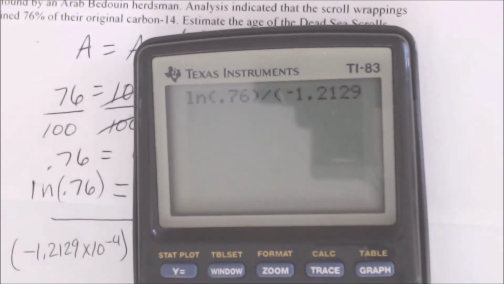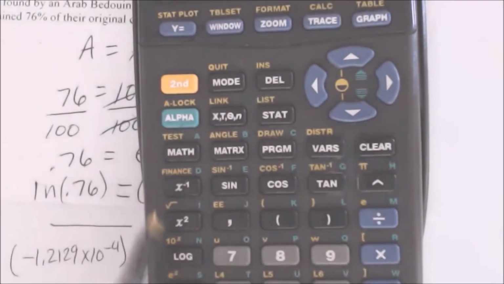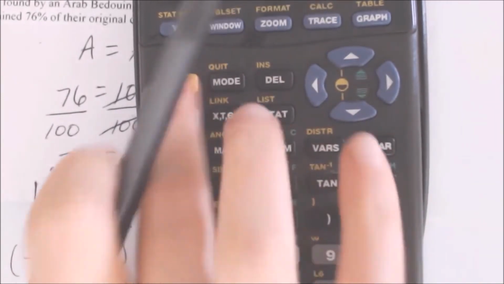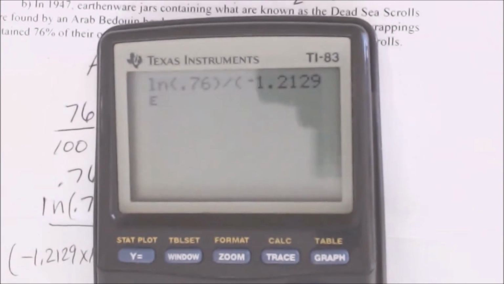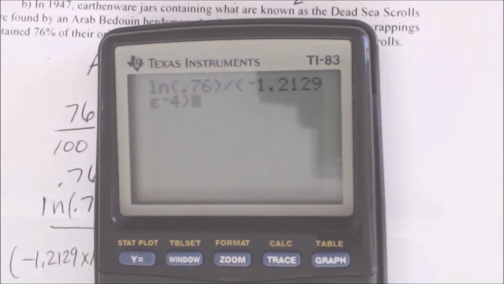And then for the scientific notation, I can either type in times 10 to the negative fourth, or I can use this capital EE key. That's the calculator notation for scientific notation. So if I do second comma, that little E pops right up. And then you can just type in negative 4. And the calculator knows that you mean times 10 to the negative fourth. Hit enter, and we get a value of